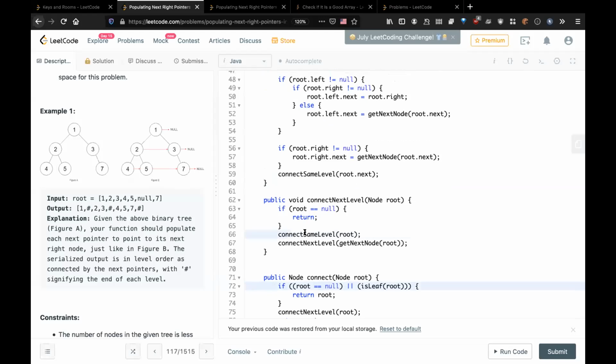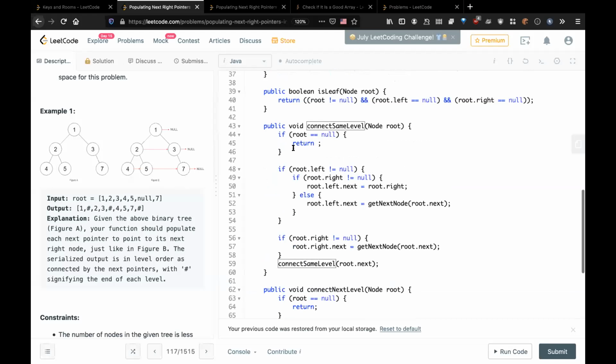So that connects the same level, like a level order traversal for that particular level. Level has been connected.